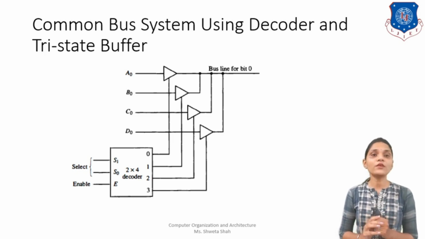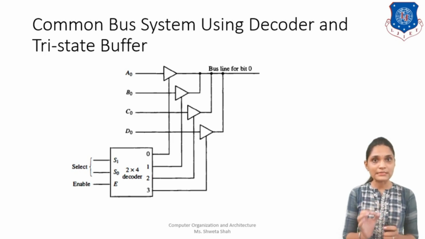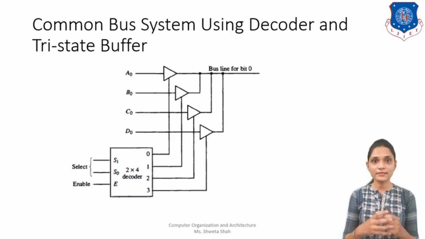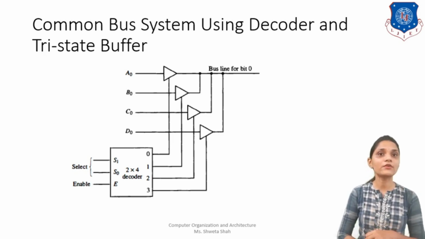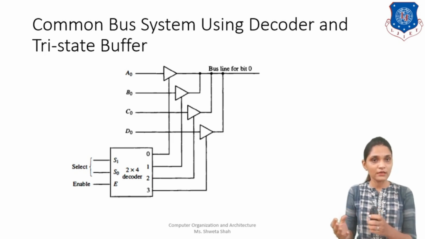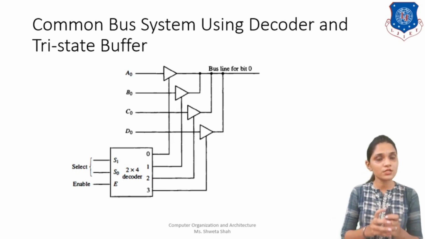Okay, here what we have done, we have designed this common bus system for just a simple 1 bit, that is the 0th position bit. If we consider that we have 4 registers, we have designed this system only for the 0th bit. If we consider that our conventional system has 4 registers, each consisting of 4 bits A0, A1, A2, A3 and so on. Likewise, we are showing only the circuit for the 0th position bit, and it has 4 registers A,